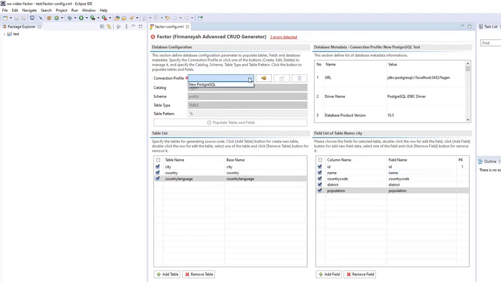And then in the list of the combo box there is only one, because previously we had two items, but because we already deleted one, we only have one item. If you click on this, it populates the catalog, schema, and table type again.